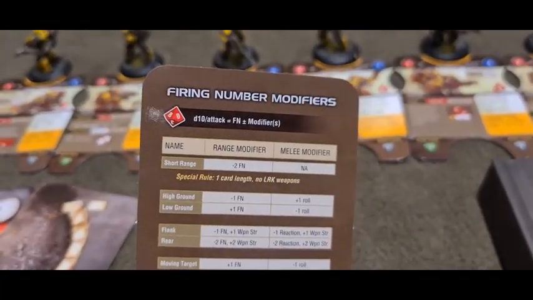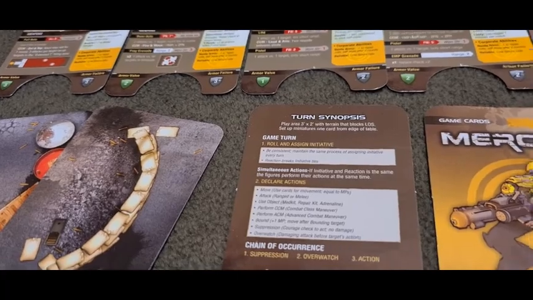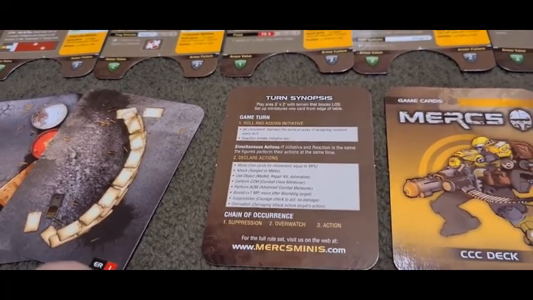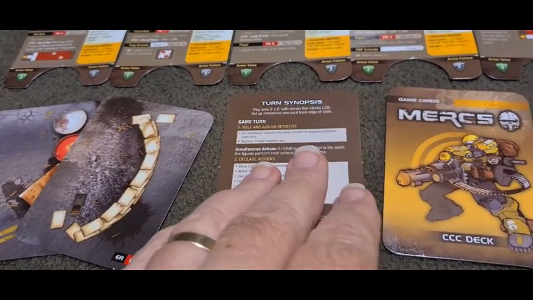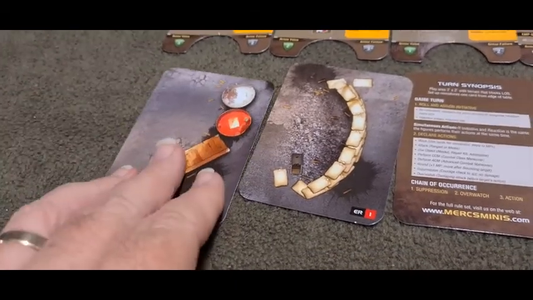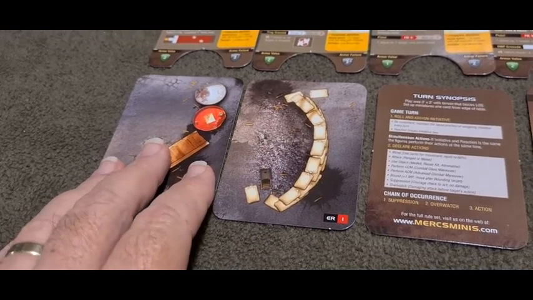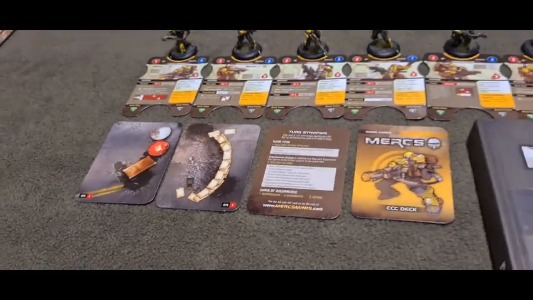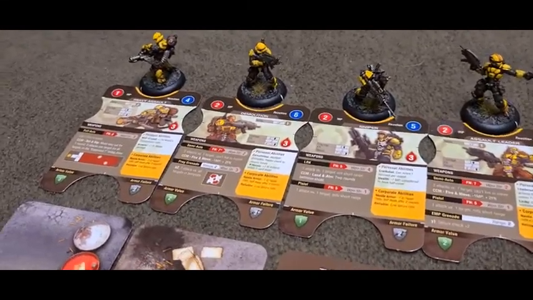this, and it gives you all the firing number modifiers on the other side, and then you got a turn synopsis card. Is there anything on the back? No, I'm just telling you all about MERCS. And then you got 2 pieces of terrain that you could place on the board, and these counted. So it was meant to be more or less played as a 2-dimensional game rather than a 3-dimensional, because you're